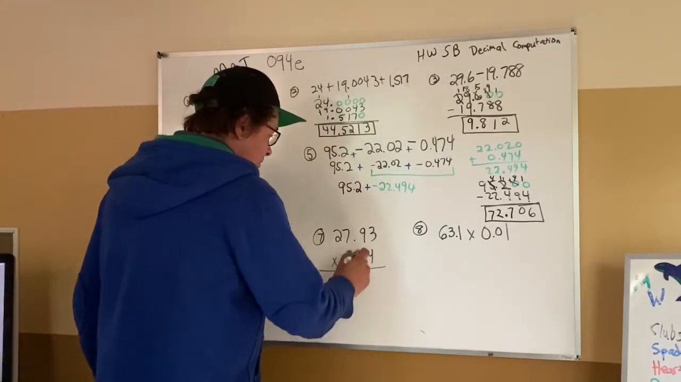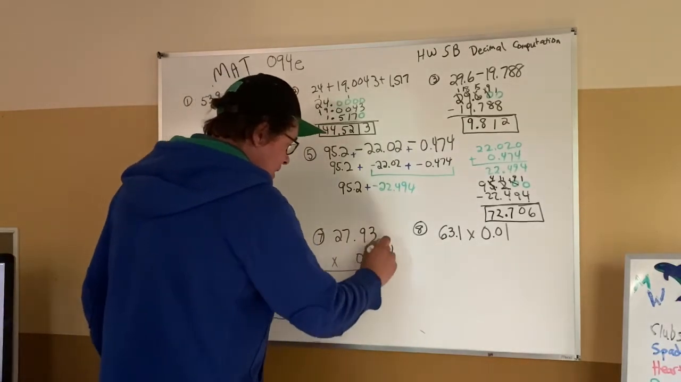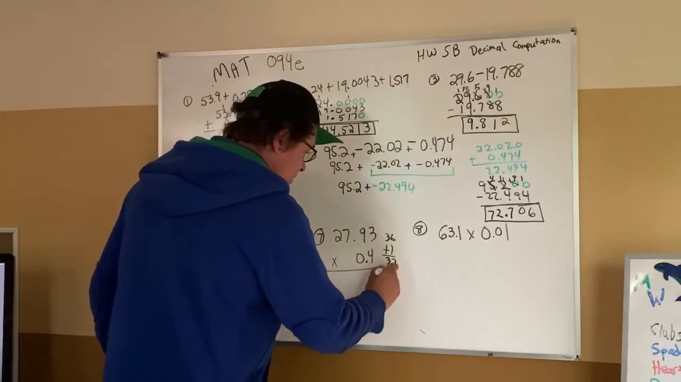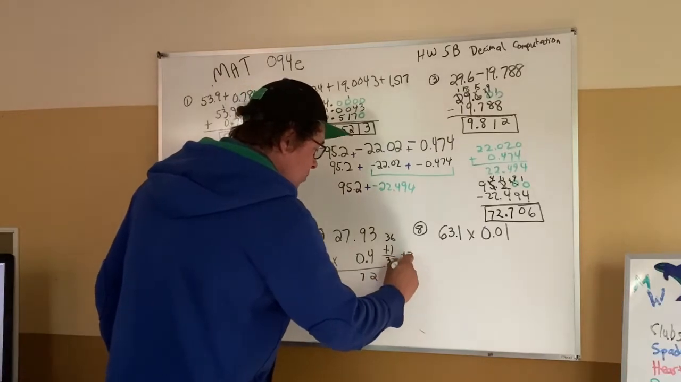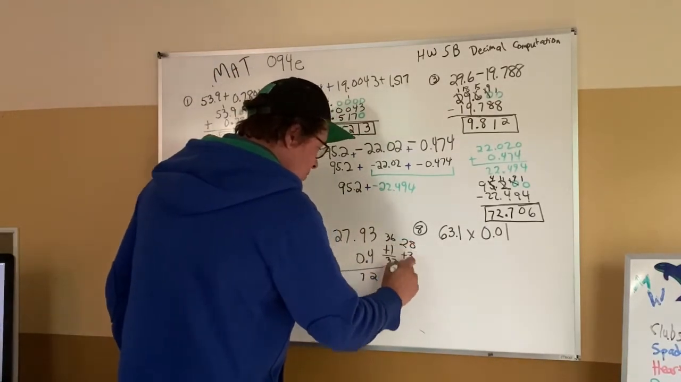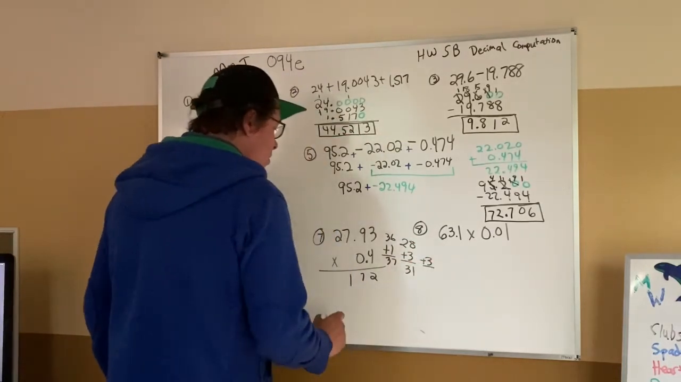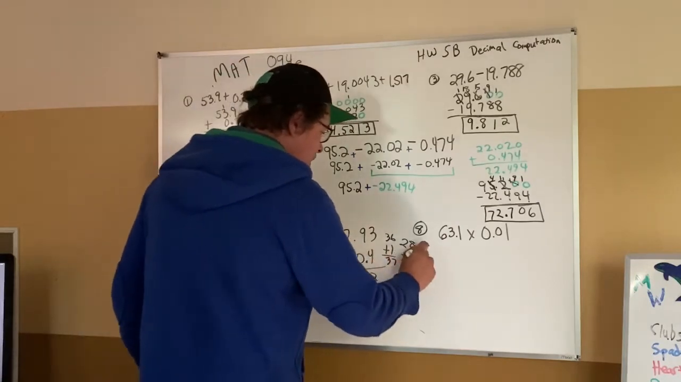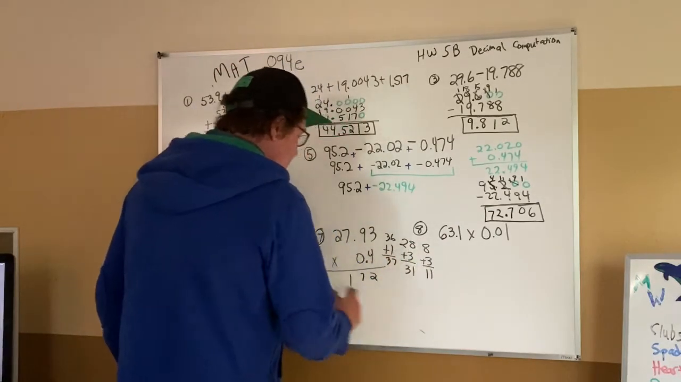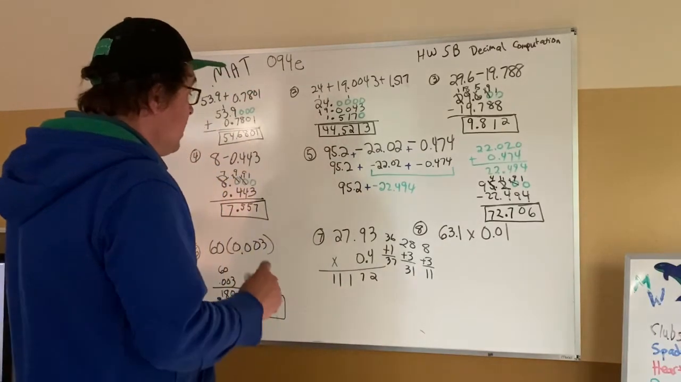Some multiplication here. 4 times 3 gets me 12. 10 from the 12 is there. 4 times 9 gets me 36. Pick it up for 37. Park the 7 and bring the 3 from 37 right there. 4 times 7 is 28. Pick up the 3 for 31. Park the 1. Bring the 3 from 31 right here. 4 times 2 gets me 8. 8 plus 3 is 11. No more digits to conquer, so I write the 11. This is looking like